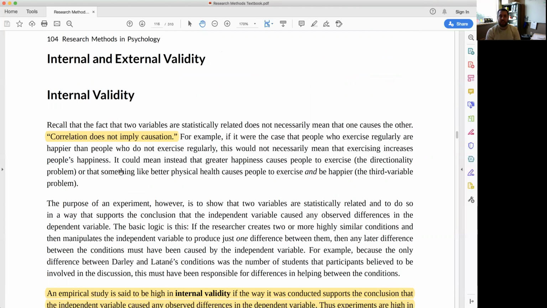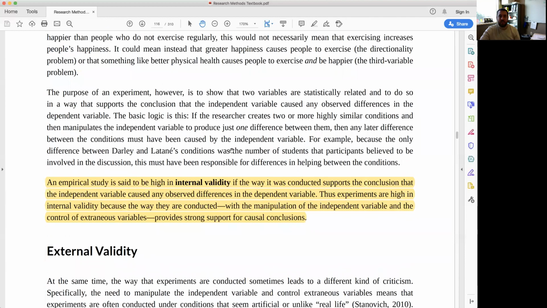So correlations showcase relationships. They do not showcase anything to do with causation. And again, we went over this in the correlation unit that you can have third variable problems, directionality problems when it comes to correlation. So experiment supersedes that, and it allows us to actually begin to figure out